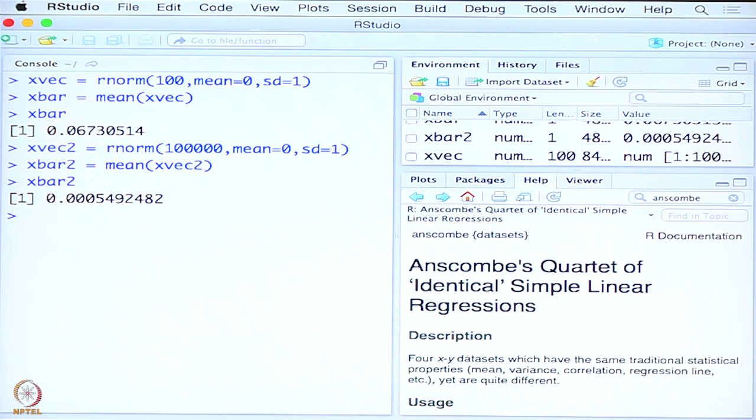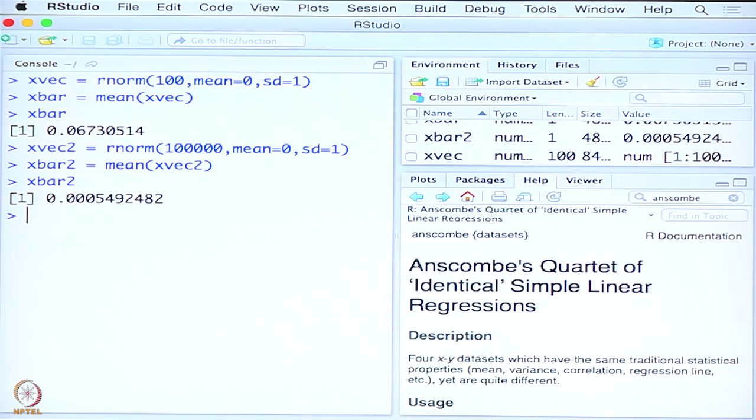However, what probably we can see is, as I increase the number of observations in my data, in my sample, or what we say as I increase the sample size, the estimated mean, which is x bar, seems to be converging to the truth. And this is what the law of large numbers essentially tells you, that the averages will converge to the truth as you increase the sample size. We will not go in that direction. Right now what we want to know is what is meant by sampling distribution of this x bar.